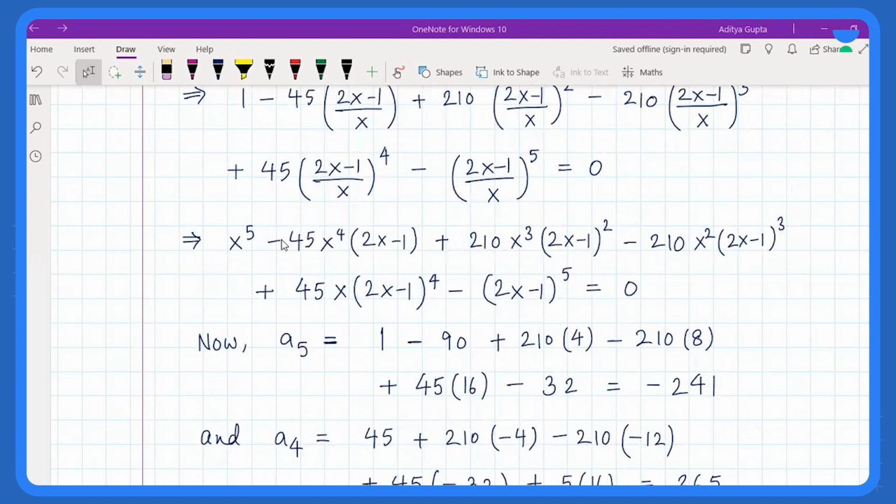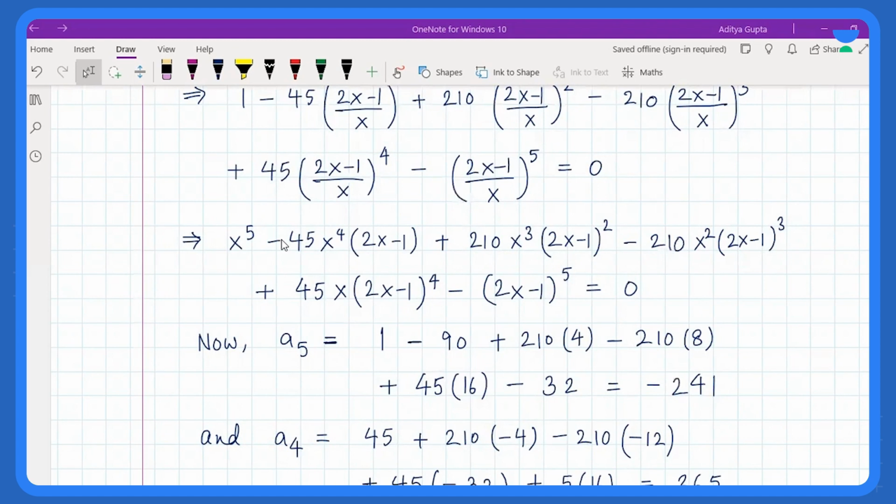Since we just want to find the sum of the roots of this equation, we need not simplify it completely, because that will be a waste of time. We just need to find the sum of roots. We just need what? Just two values, the leading coefficient and the coefficient of the next term. We can easily observe the degree of this equation is 5. So the leading coefficient will be the coefficient of x power 5.